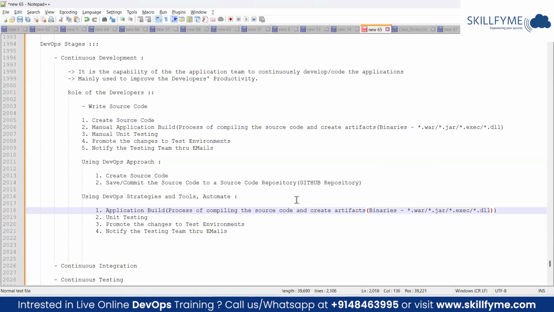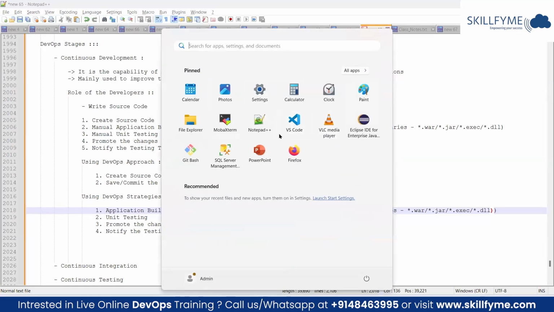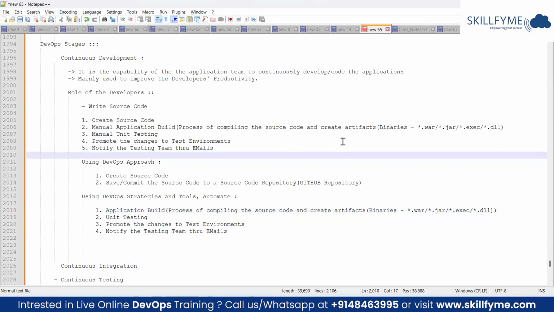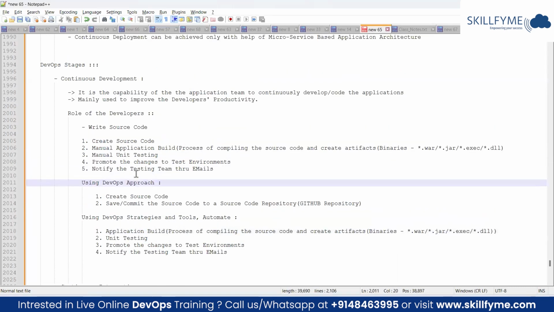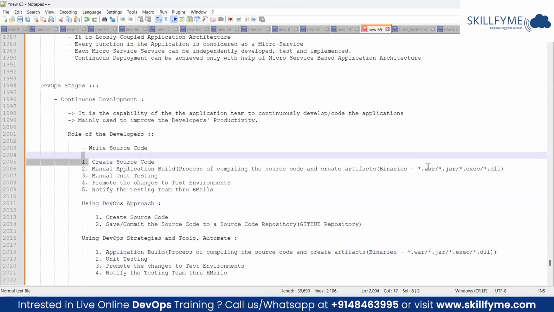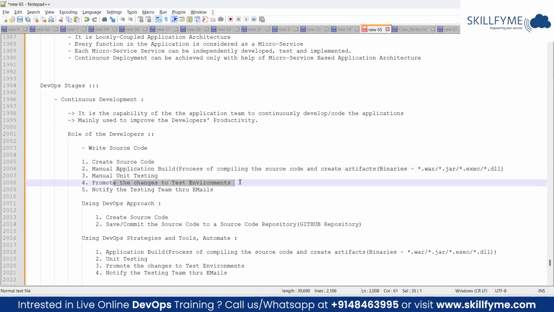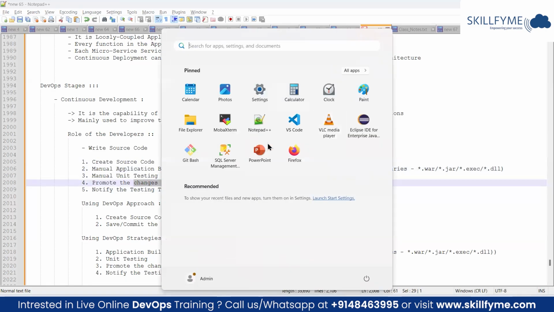Let's say if you want to download any software through internet, what you're doing actually, if you want to install any package, let's say I install all these softwares now. So if I want to install any software, what should I do? First, I have to download the software, right? Yes or no? Through internet, I can able to download the software. While downloading software, whether I am downloading the source code of that software or the executable. So that executable is what the artifacts which can be built and it can be promoted to the target environment. We never promote the source code to any target environment. Let's say I have installed this tool, Eclipse, or I have installed this PowerPoint, means it is a EXEC that was developed in some location and it has been deployed in my machine now.